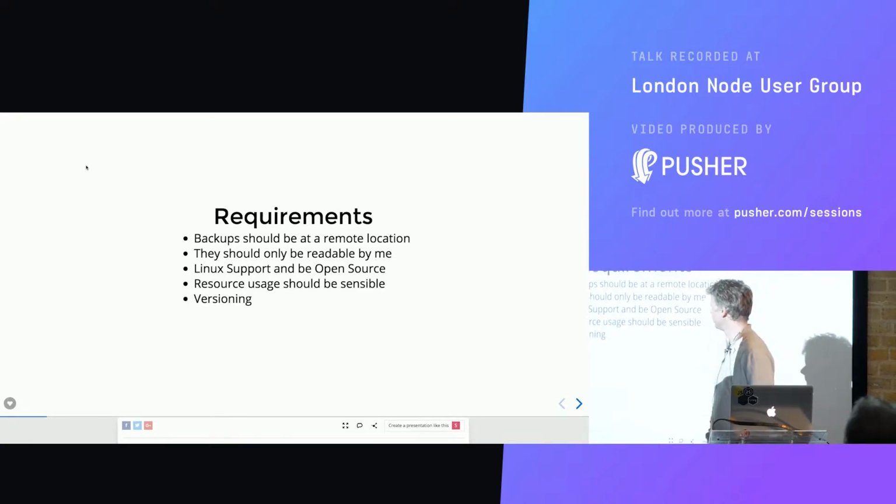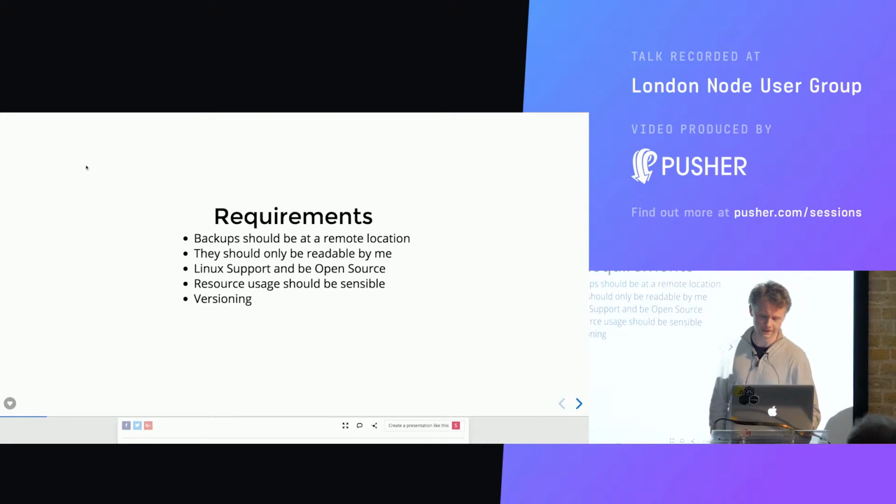I wanted to store my backups in a remote location. They should be readable only by me. I thought this was quite important, because if they're going to be in a remote location, only I should be able to access them. Lots of things get leaked nowadays and hacked, so if I can keep it under control,